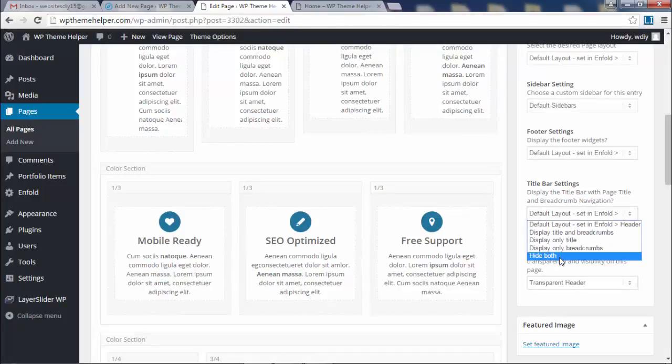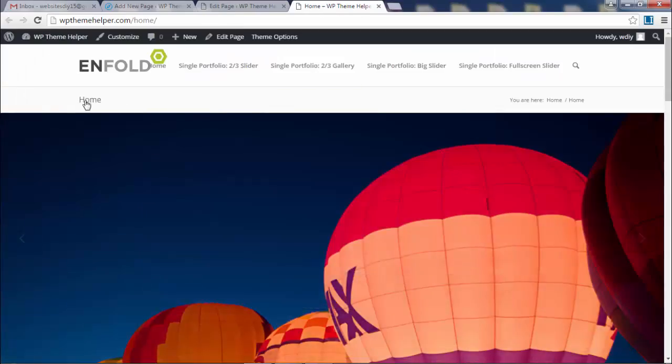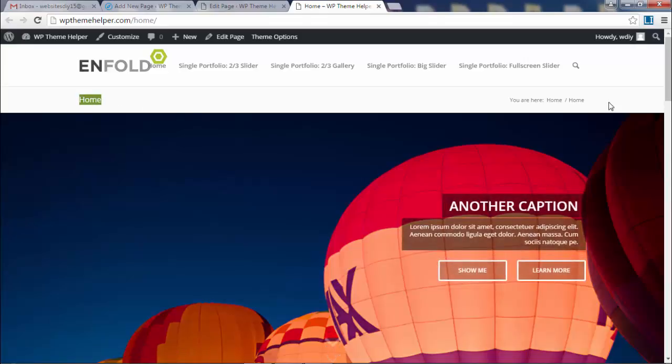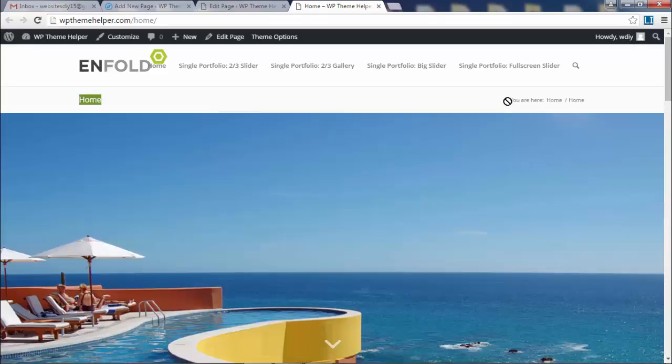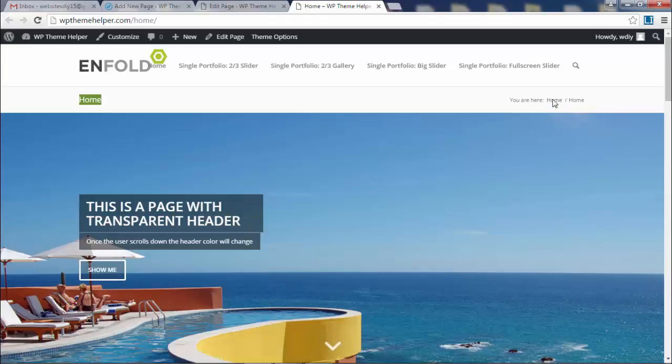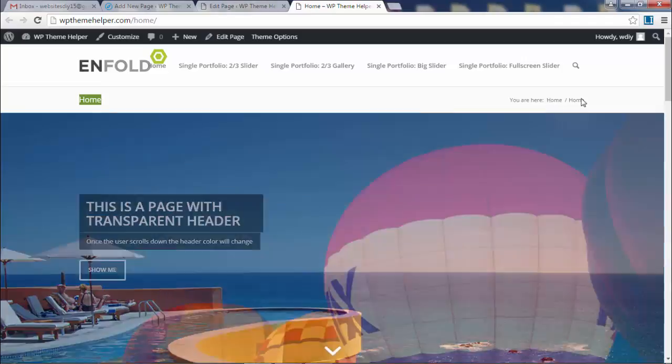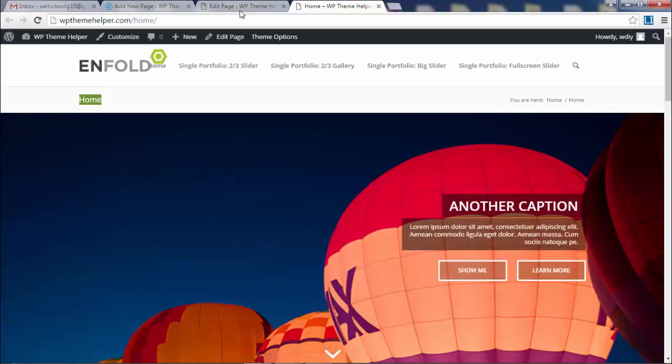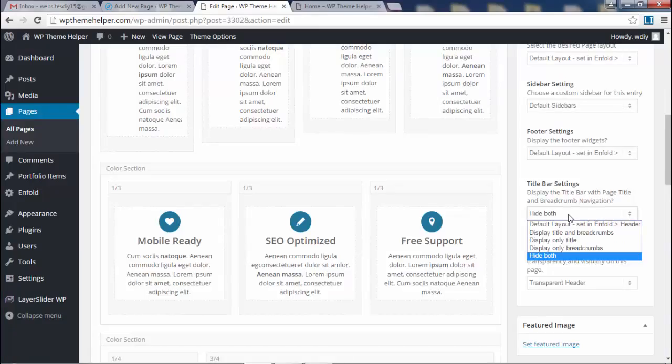So I'm gonna say hide both, meaning that this is the name of the page and these are the breadcrumbs. So it just shows where you are in the directory, how many directories deep or how many pages deep. These are called breadcrumbs. So if you want to delete those, and for this particular page we gotta get rid of them, here they are. So you hide both,